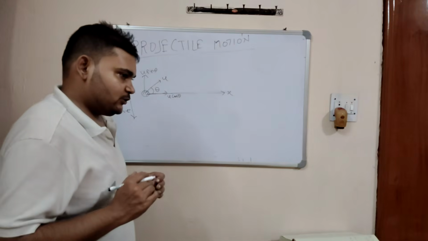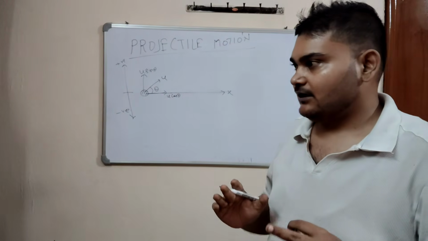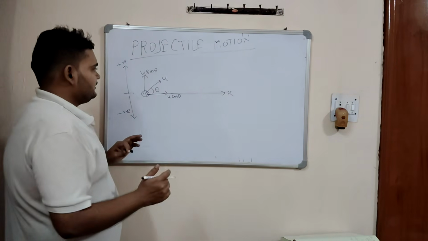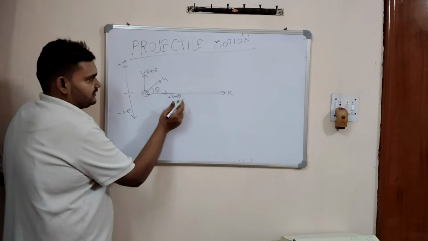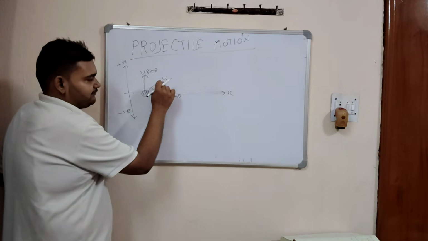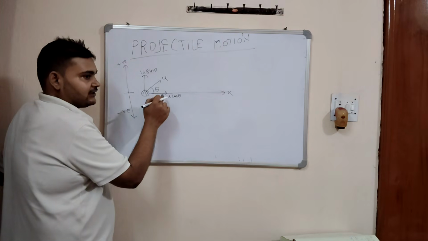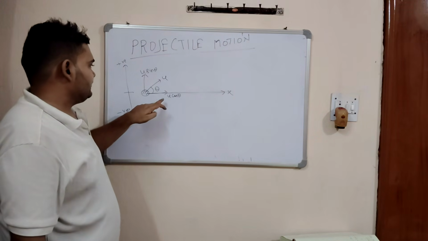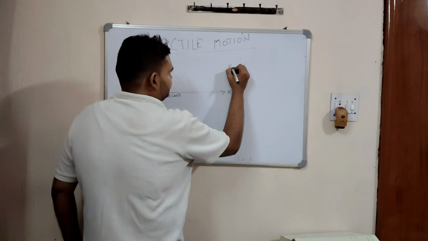So here the object is being projected from the ground at angle theta, the angle of projection. We don't know much about the components of a vector, so as of now I will explain it to you. You have to learn this much: if a vector is making angle theta with the x-axis, the component of that vector along the x-axis is u cos theta, and the component of the same vector along the y-axis will be u sin theta. So here, we will write some parameters like initial velocity,